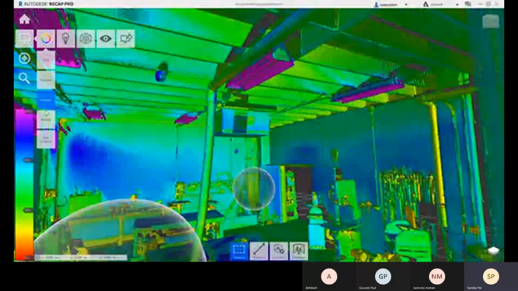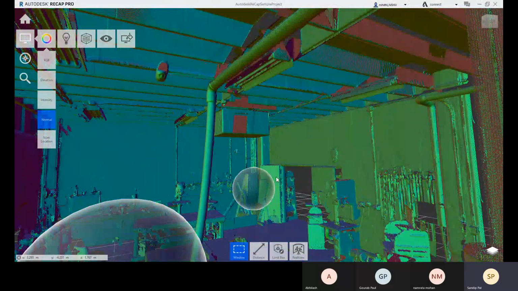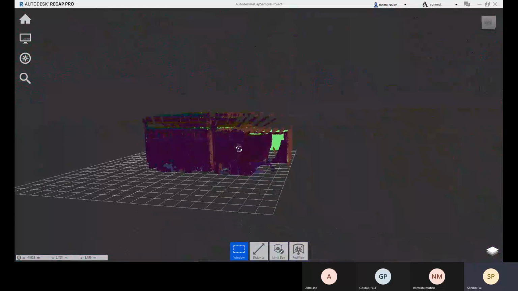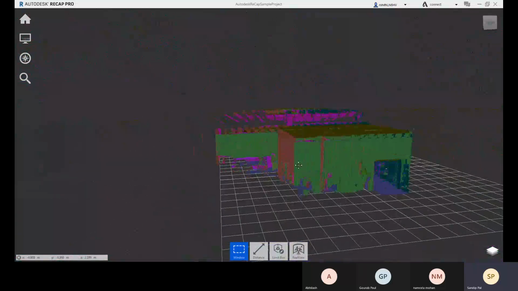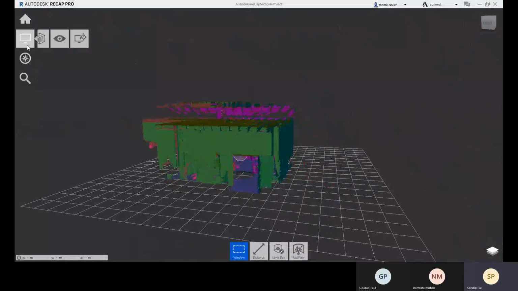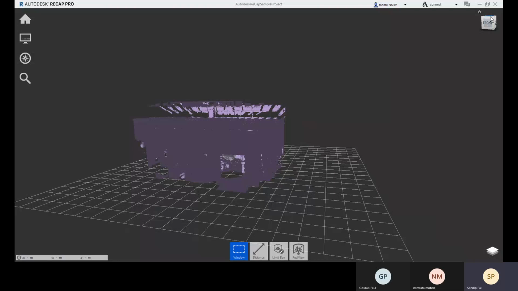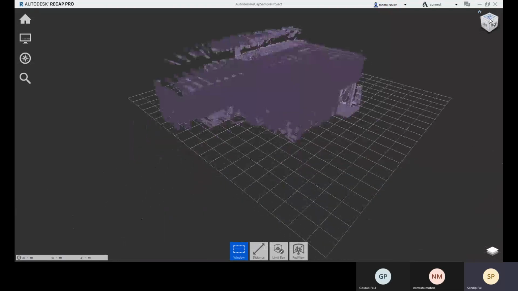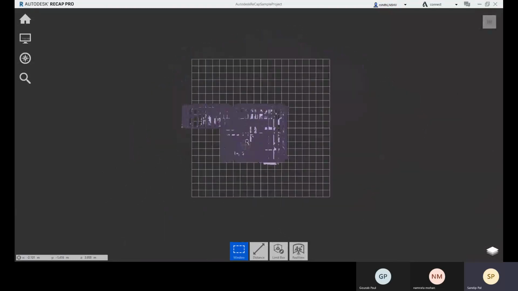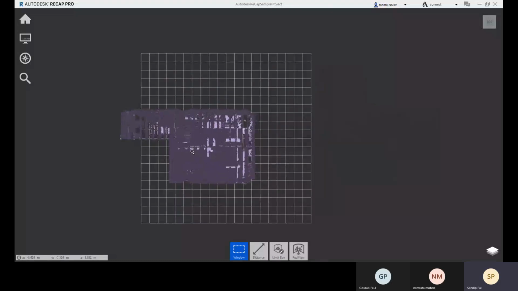Let me show you more display options. This is with normal colors, and we have more options. Scan location. If you go for this scan location, now let me show you. Right now only one scan file is there. Suppose like the previous class, we had imported two different scan projects.